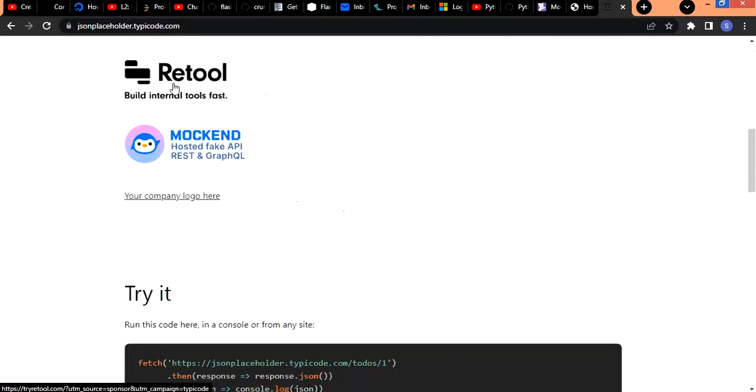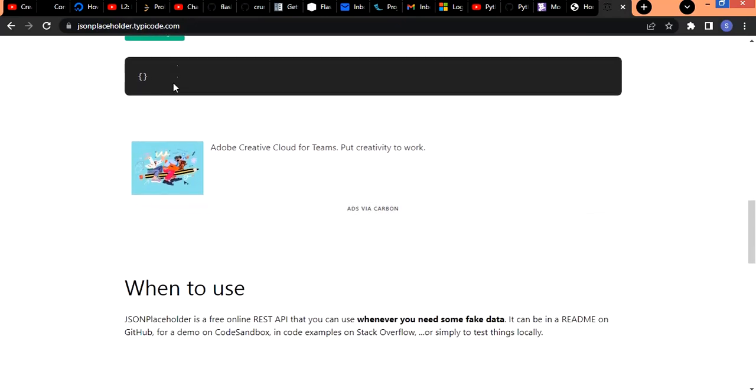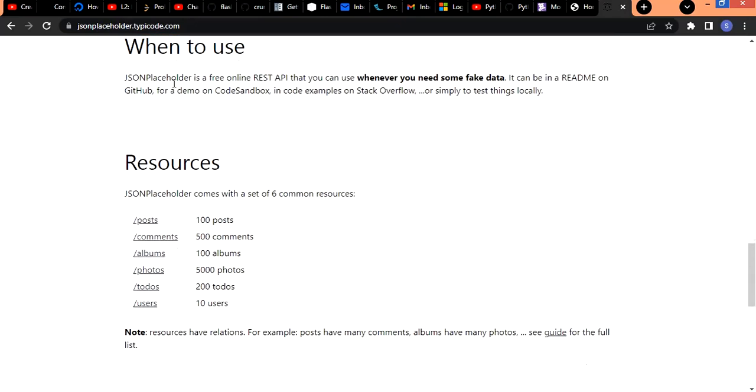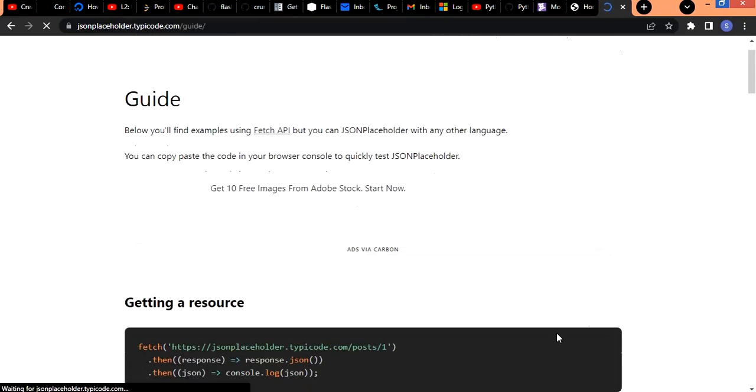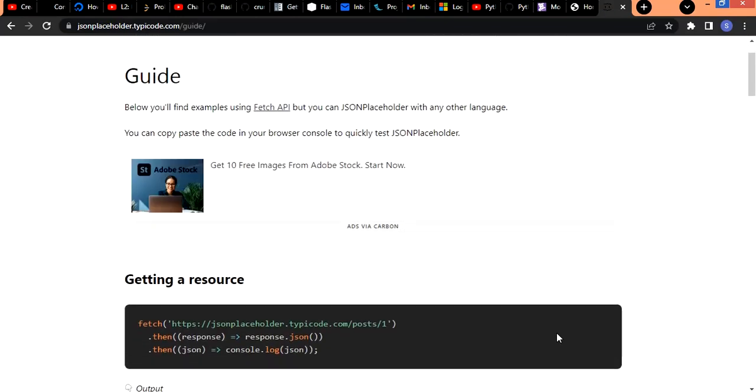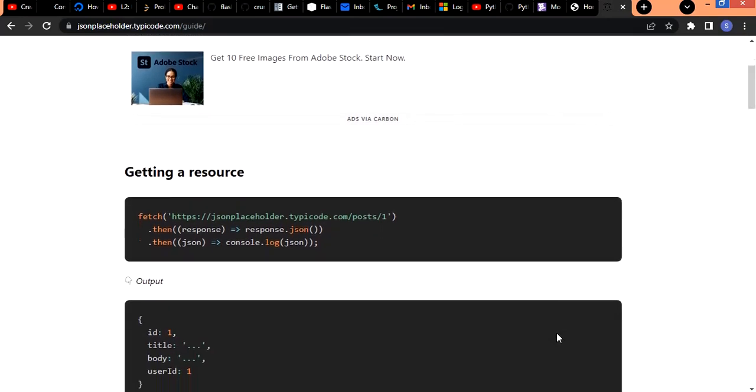Okay, so now when I was going through this, I noticed that these are the endpoints that we could hit, which are the resources here, which are the posts, the comments, the albums, photos, to-dos, and users. Now in here we see that on the users we already have 10. So what I then did was I hit on this guide here. Then on this guide, which I'm advising everybody to still do, is to look at how it's